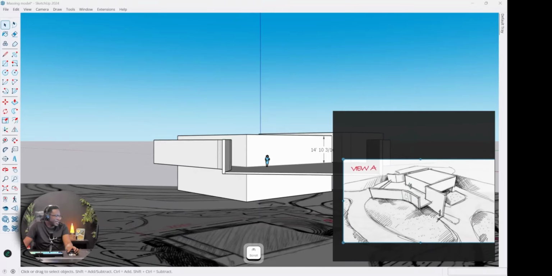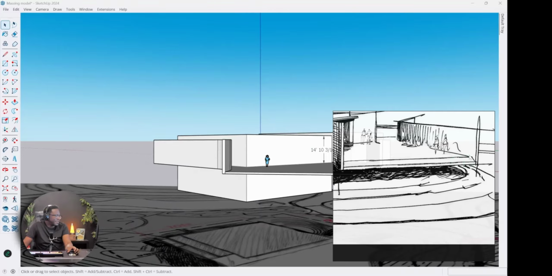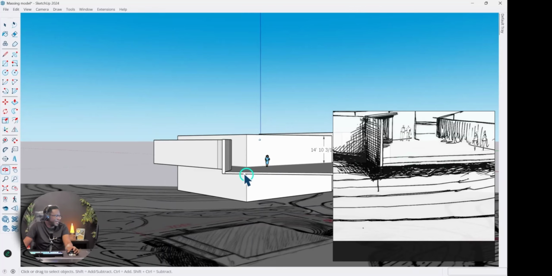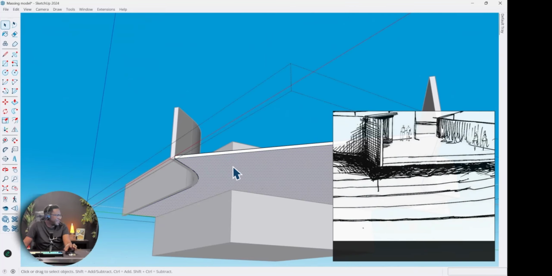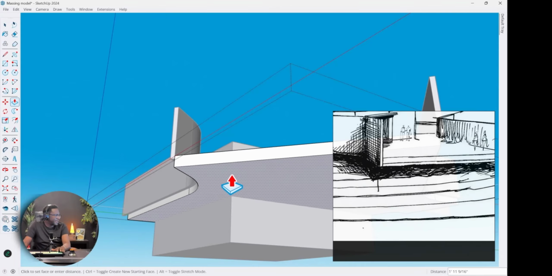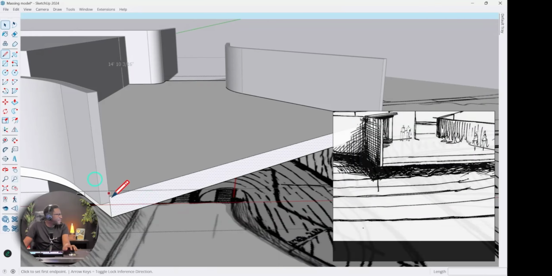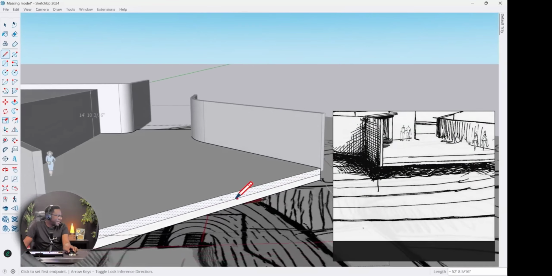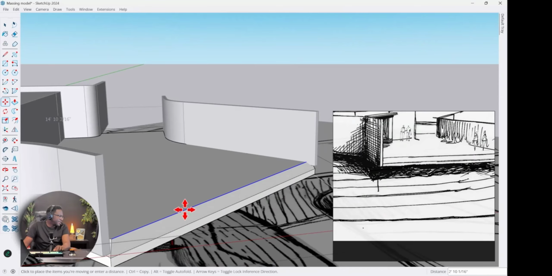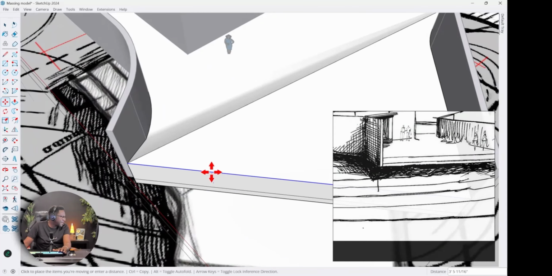Let's look back at this sketch here. Let's look at this one. There's actually some amount of thickness to this ground here, because this is quite thin. So what I would do is extend this down, and I'm just going to estimate it maybe like that. Then we're going to cut this back like this, because this seems to be a design feature. Cut this back. We want to make sure we're moving parallel.